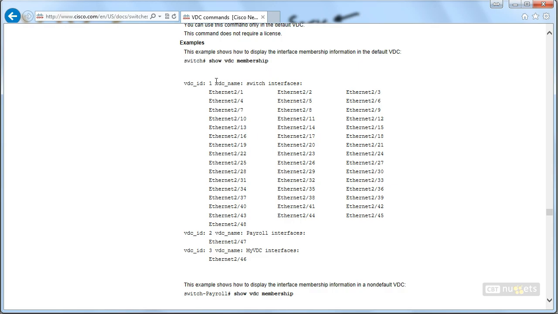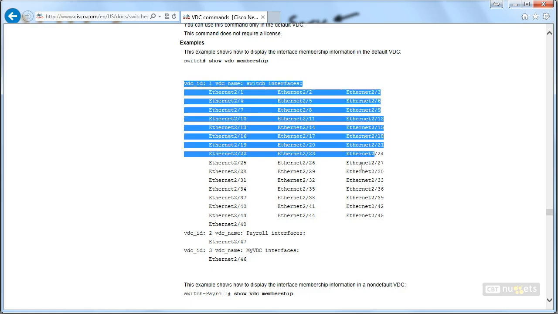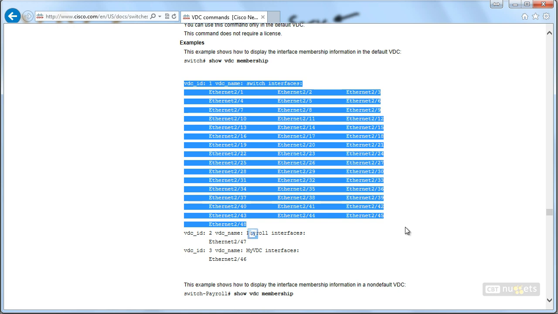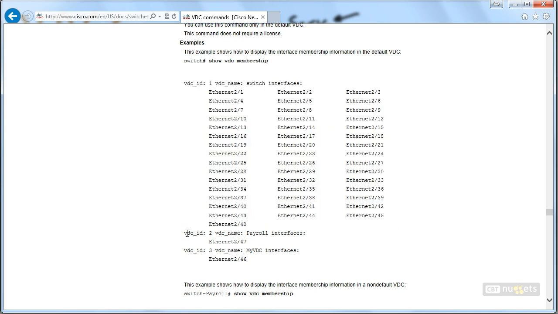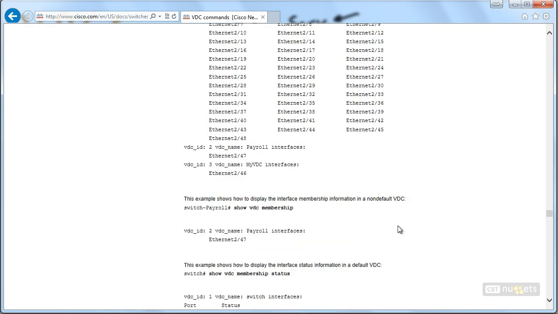It's showing us, when we issue it in the default VDC, all of those interfaces in the default virtual device context, and it's showing us those interfaces that have been allocated to those non-default. Understand that if you are in a non-default virtual device context, like for instance here we are actually in the payroll context, when we do show VDC membership,